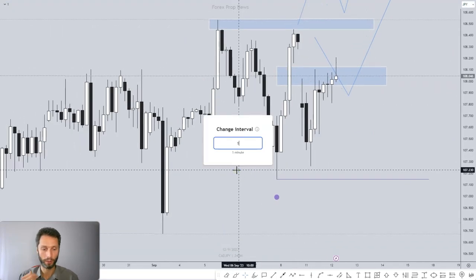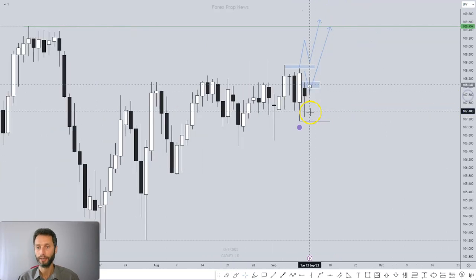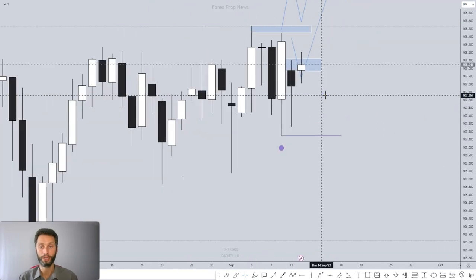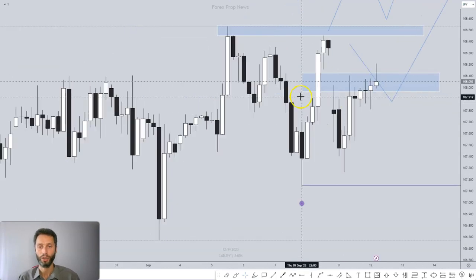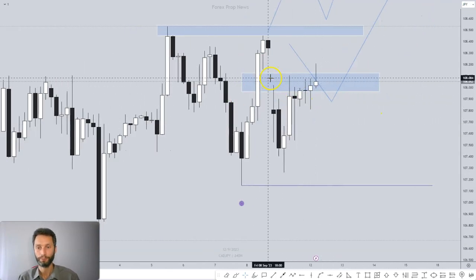CAD yen was another one we looked at, and let's see on the daily. Again, the daily picture gives a little bit more clarity. We had a big bullish candle. We marked down a validation point. Yesterday, Monday, was an inside bar, so looking for the continuation. However, there is no continuation yet and no price action. So what's the entry? Well, we don't know. I really wanted a much cleaner entry.